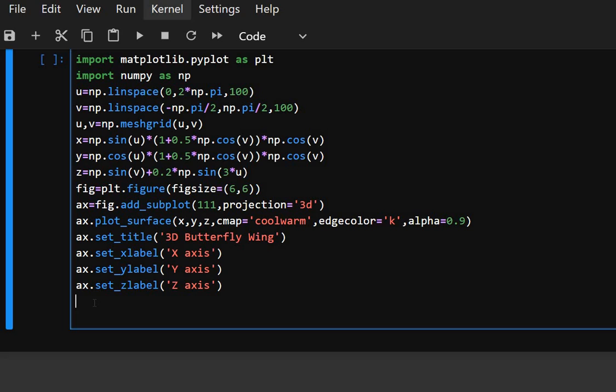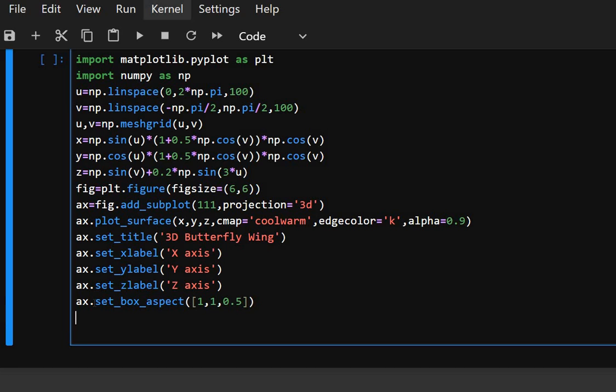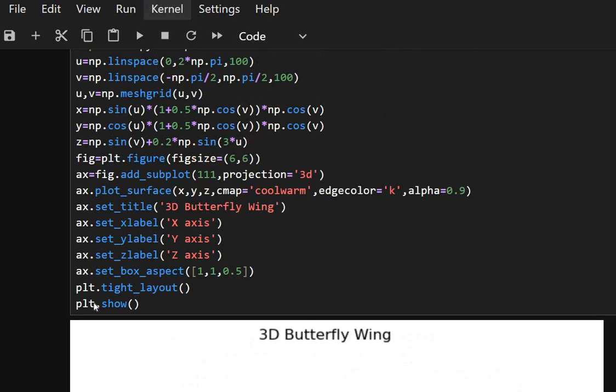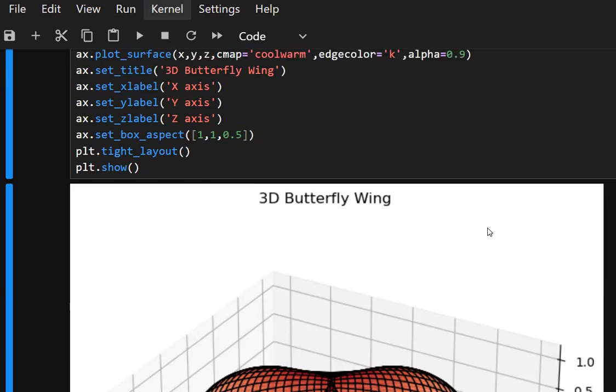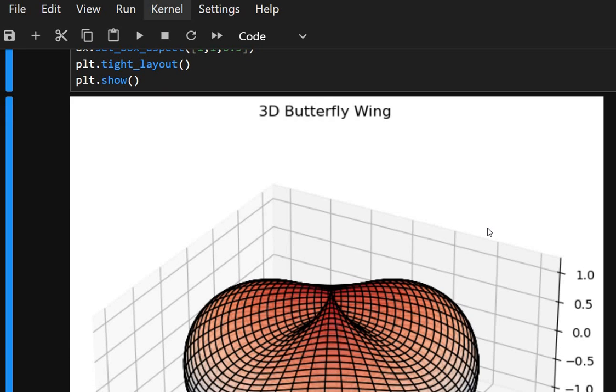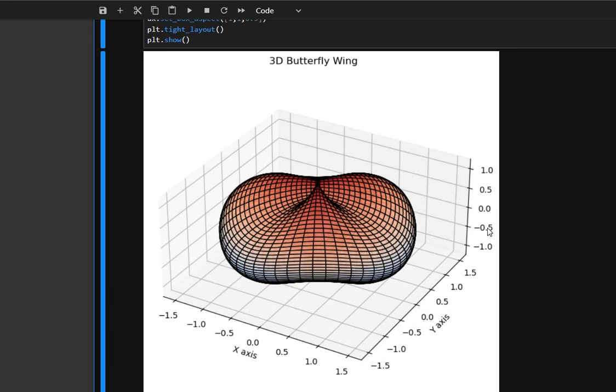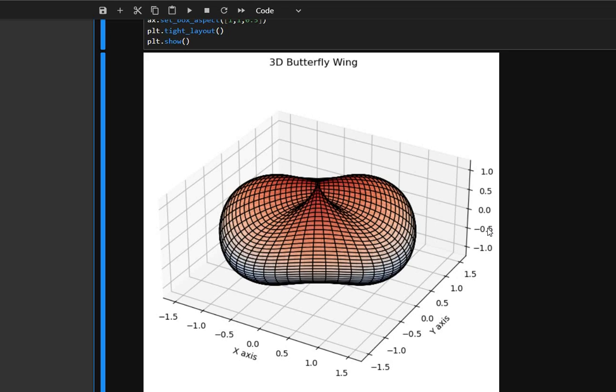So ax.set_title sets a suitable title to the plot, and ax.set_xlabel, set_ylabel and set_zlabel set the axis labels for the suitable axis. And tight_layout adjusts padding between plot elements, and plt.show displays the 3D plot. So here we can